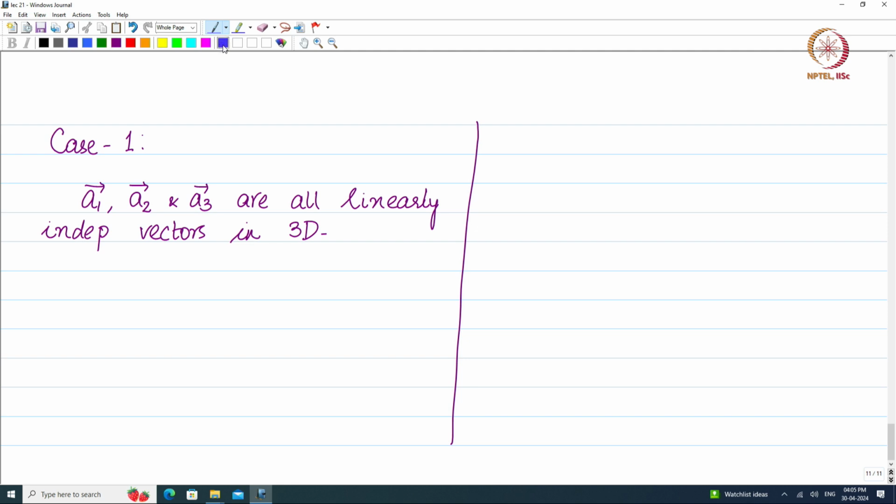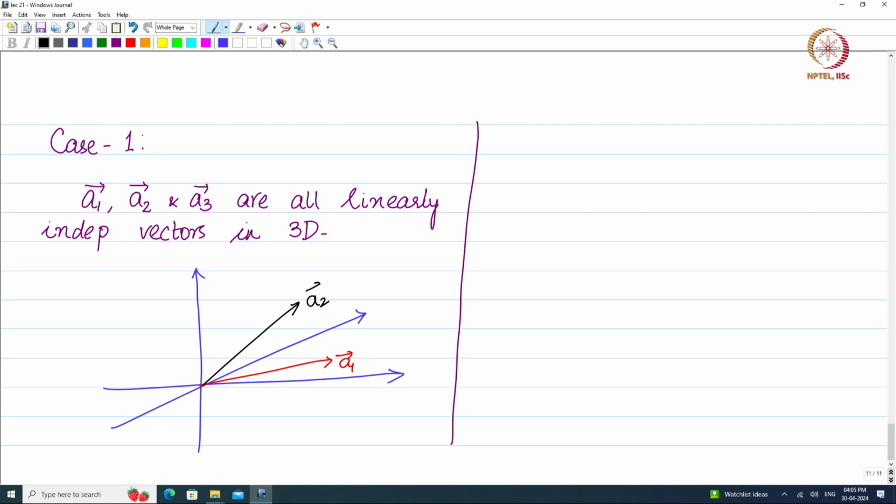So what does that mean? I am going to have my three axes, say E1, E2 and E3. Let us assume that this is my first vector, the A1 vector, this is my A2 vector, and this fellow is my A3 vector. Now, if these three are linearly independent vectors, and you populate them in a matrix as the row vectors, we will see that